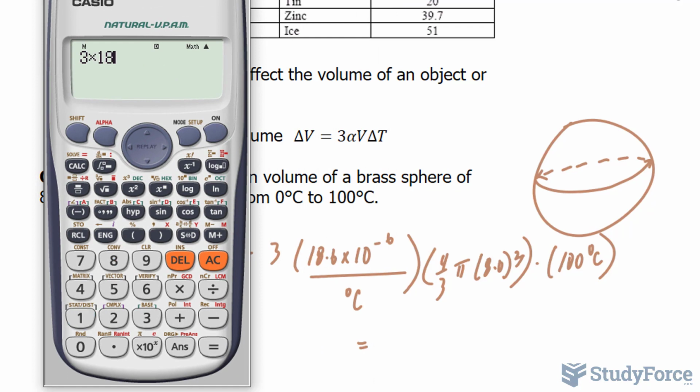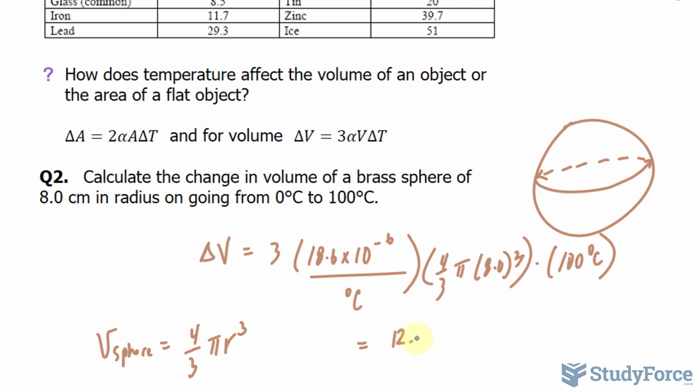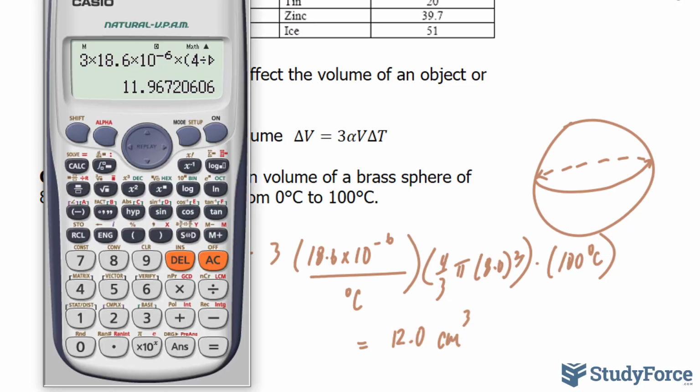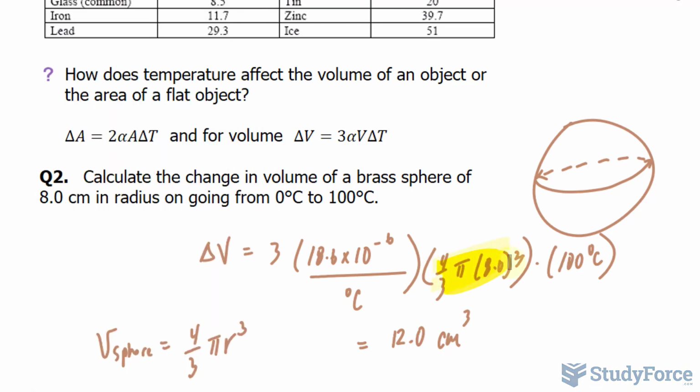3 times 18.6 times 10 to the power of negative 6 times 4 over 3 times pi times 8 to the power of 3 times 100. And that gives us roughly 11.96 or 12.0 centimeters cubed. To get a better perspective on that, if we were just to calculate the volume originally, okay,